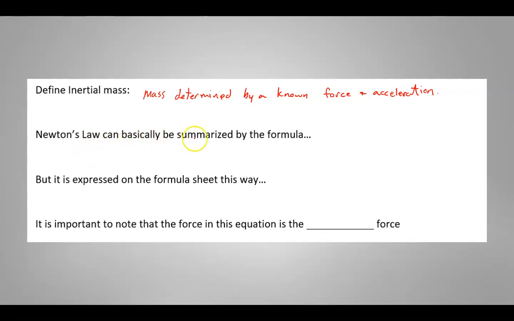Now, Newton's second law basically says that the acceleration of an object is proportional to the force acting upon it and inversely proportional to its mass, essentially summarized by the formula F is equal to ma. But it is expressed on the formula sheet this way: a is equal to F over m, which means the acceleration is proportional to the force and inversely proportional to